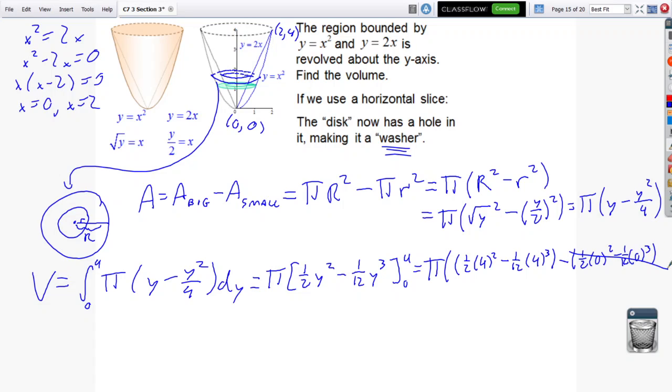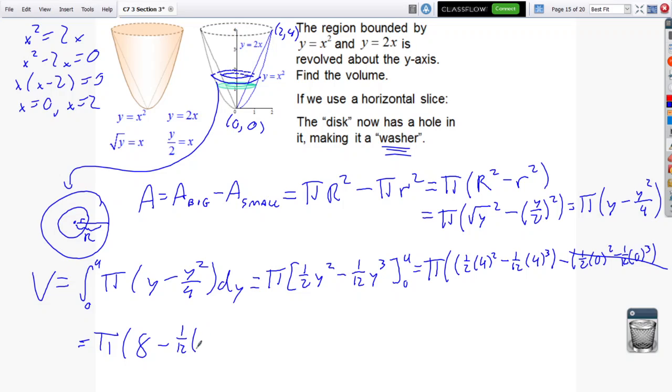All zeros over there, so I cross them out. I'm really left with pi times the quantity of half of 4 squared, so pi times 8 minus 1/12 of 4 cubed. 4 cubed is 64, so I have